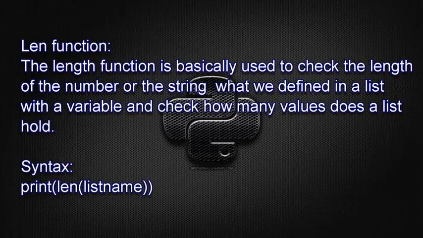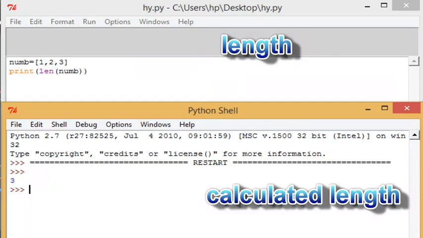Next, the second function that we have is len. The len function is basically used to check the length of the list, like the number of words, number of letters, or the number of numbers like 1, 2, 3, 4 that we have written in the list. The total length of the list will be the result of len. Now you can see in the output, when I enter len and the desired variable, the count is shown.